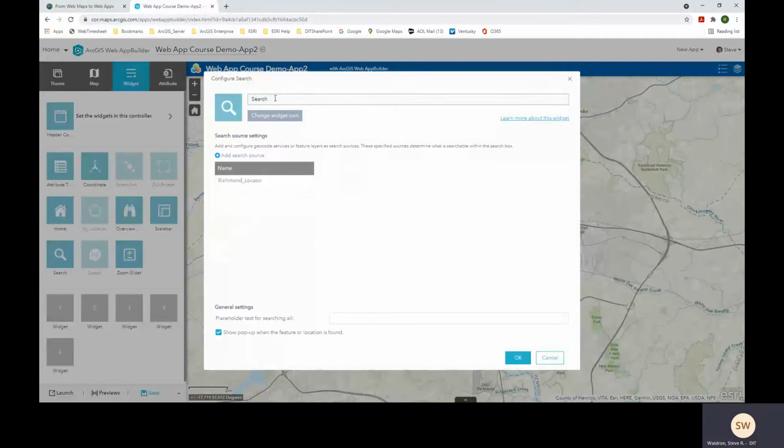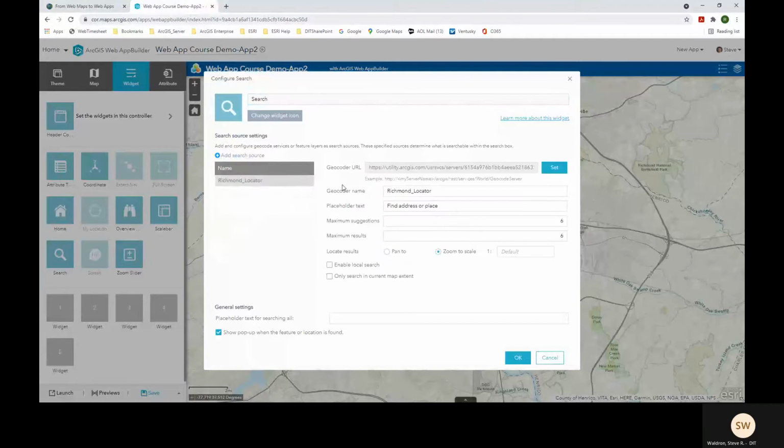And instead of calling it find address or place as the placeholder text, let's change it to something called let's find a location. I'm going to click save,